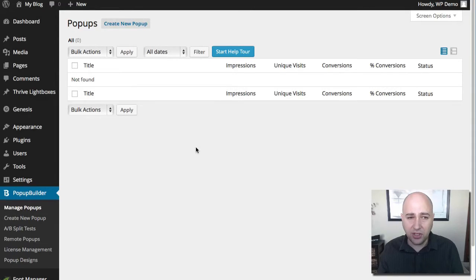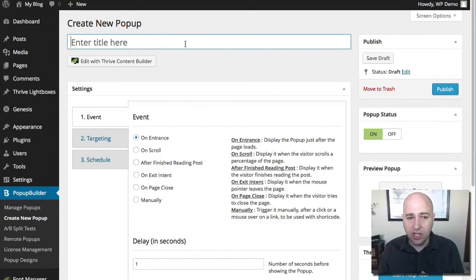All right, so I've got it pulled up here. I've got it already installed on my test blog, and it's already activated. There is a license that's involved and included. And you can first go to this page here that says Manage Your Pop-ups. All you have to do is click Create a New Pop-up here. You can name it whatever. It doesn't matter really what you name it. This is really just for you. So I'm going to call this Exit 01. In case I want to split test, I might want to name them 01, 02, 03 or something like that.